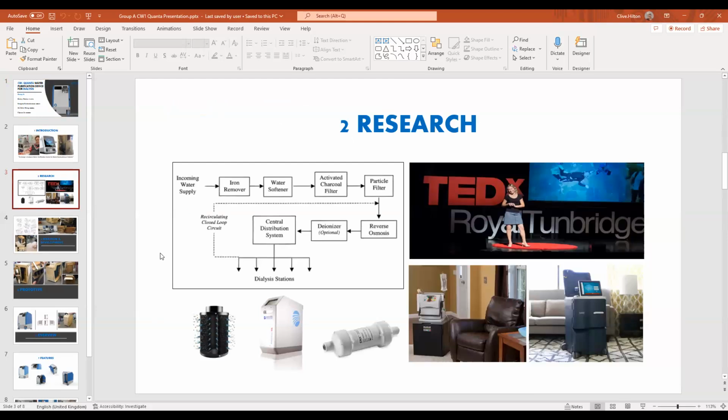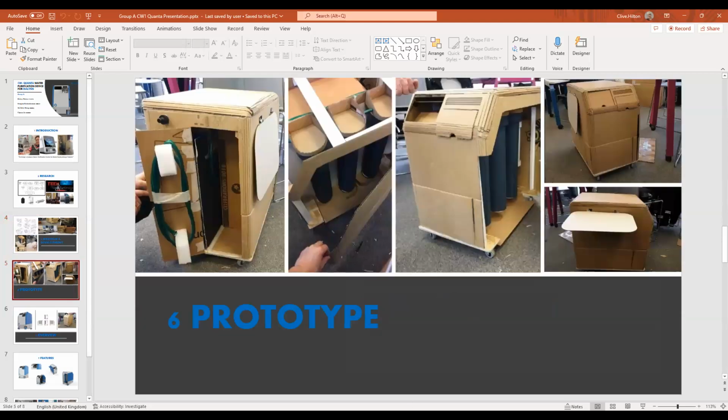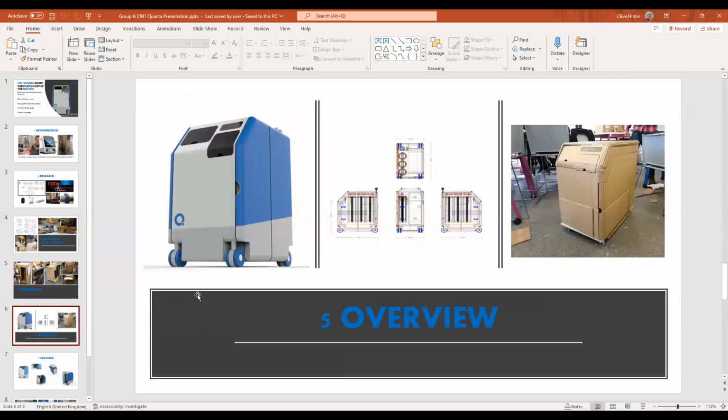So any project as significant as this requires a ton of research. And so this was a team collaborative effort. Students did a load of teamwork based research activities, some on the technologies, some on lifestyle, some on user needs, some on transportability. And collectively, they started formulating ideas for form and then began the process of prototyping and developing a full-size mock-up in cardboard using simple materials. And then that led to the development of a CAD model,